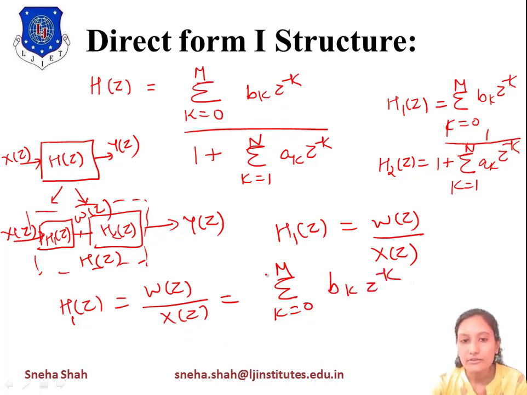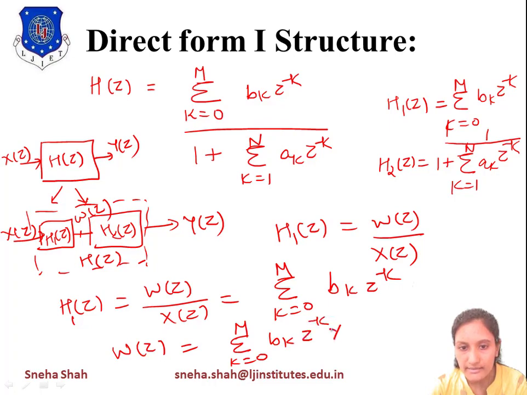Now if we cross multiply these two terms, the value is W of z equals X of z multiplied over here, so it becomes summation k equals 0 to M b_k z raised to minus k X of z. Now if we take the inverse z transform on both sides,